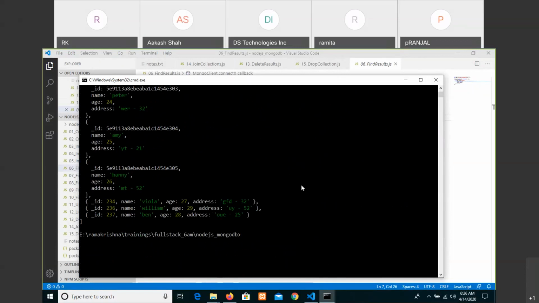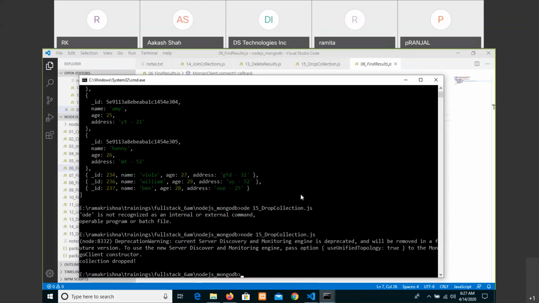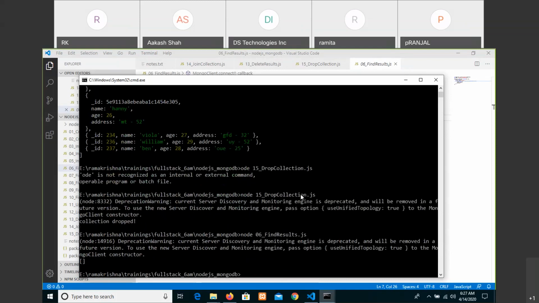Now node drop collection. After that, if you just try to find out, nothing else is returned because the total collection is dropped.